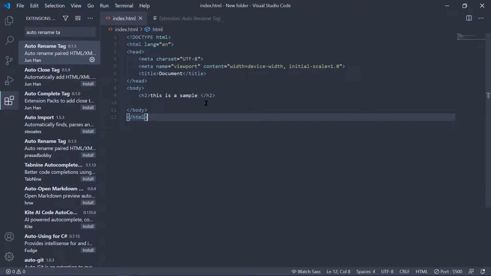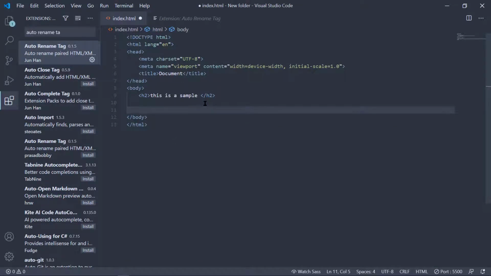Suppose you made a mistake and you want to change the opening and closing tag. Normally we need to manually change the opening tag and the closing tag, but with this extension we can just do it once, and the other one will be automatically replaced.